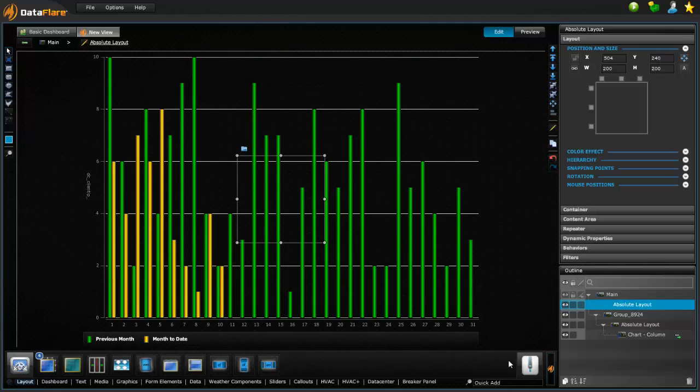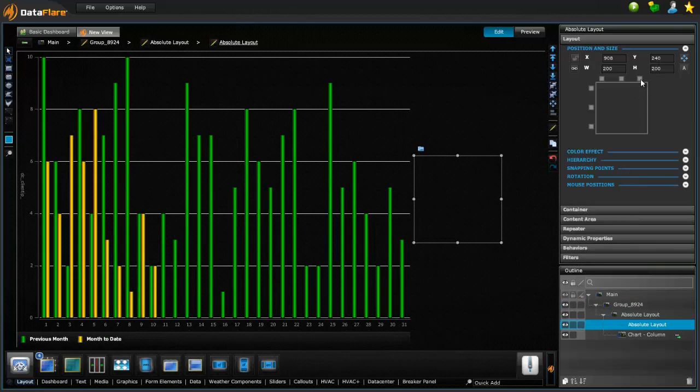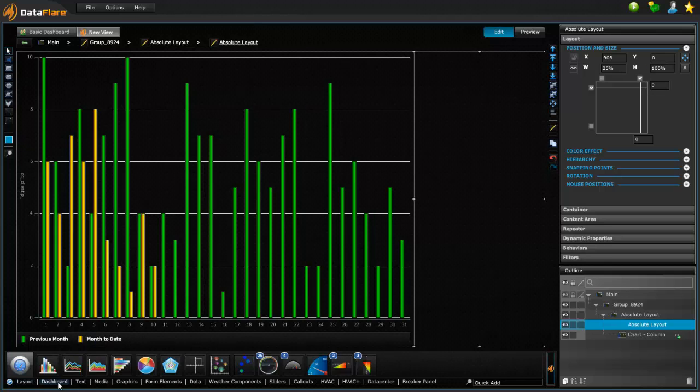We'll then add an additional vertical layout to our canvas to allow a location for us to load our gauges. We'll lock it to the upper right hand corner and set its width to 25%, or the area left, and its height to 100% so it occupies the full vertical space. These layout properties are very powerful in that they allow you to create dashboards that resize perfectly and are visible